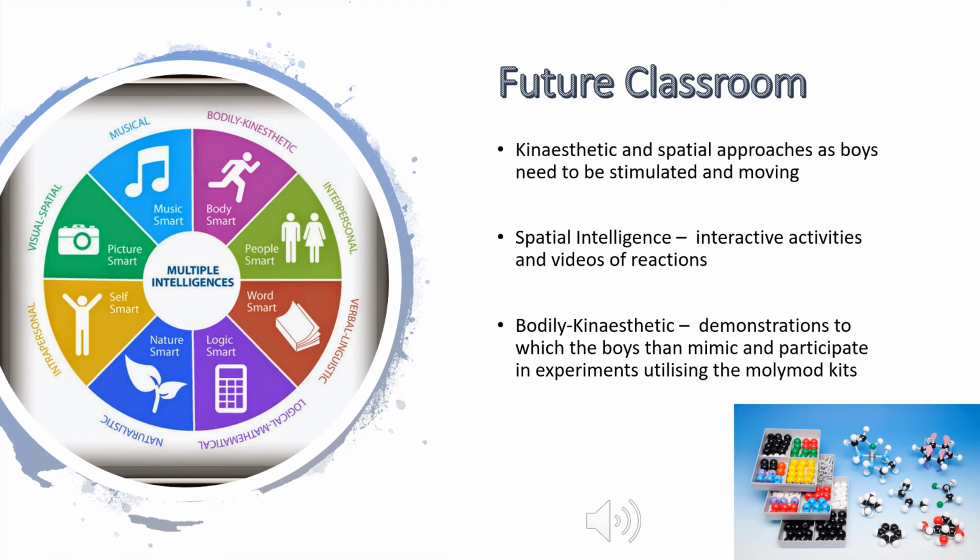Therefore, I will incorporate Howard Gardner's theory of multiple intelligences, which allows the teacher to implement differentiated learning utilising different mediums. Subsequently, I will differentiate my Year 9 science class into a kinesthetic and spatial approach, as according to Sachs, Bonomo and Gurian, boys learn at an increased rate through actively engaging their spatial mechanical functioning aspect of their brain.